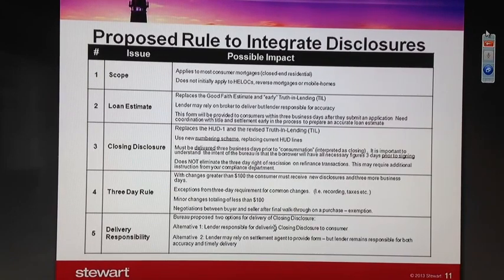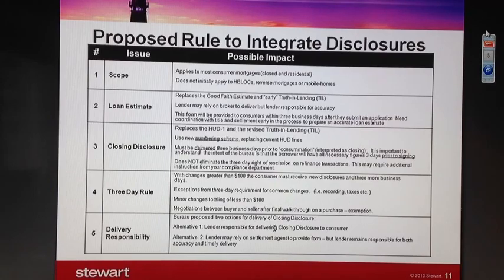So I want to talk about, before we go through the forms, 7 areas of impact that we think these new forms will have. And I don't know if you all have had a chance to look over the forms, or perhaps you are looking over them as we're talking now. But I would just say at the outset, I really like the forms. I think that they are a much simpler form, and I think that, in fact, they will lead to greater understanding from the consumer's perspective of the real estate transaction. The old forms had some issues with them, and I think these are very consumer-friendly forms. But there are some other issues that go along with the forms, and that's what I want to spend a little bit of time talking about now.